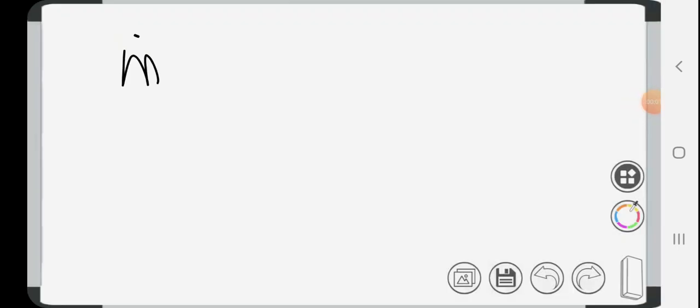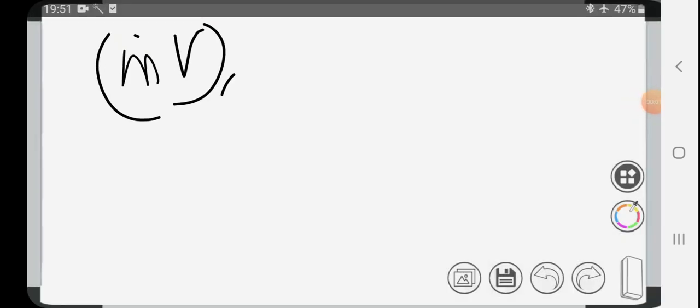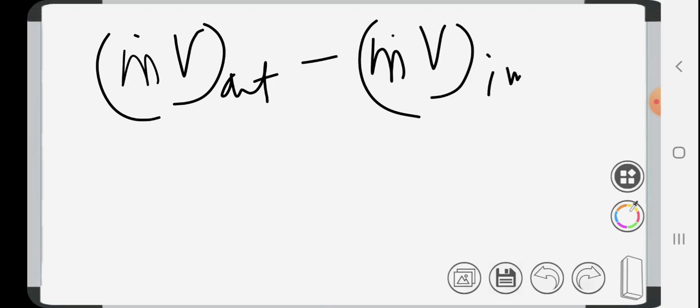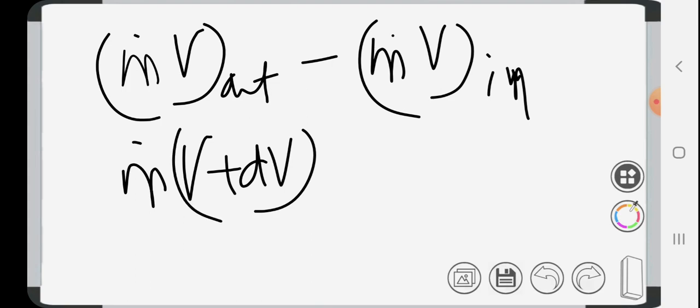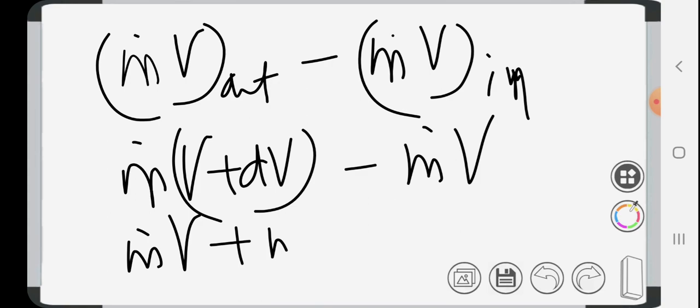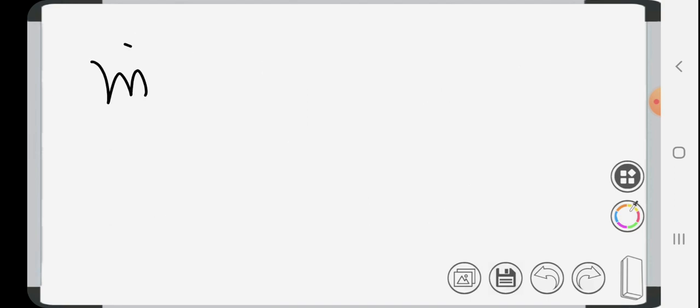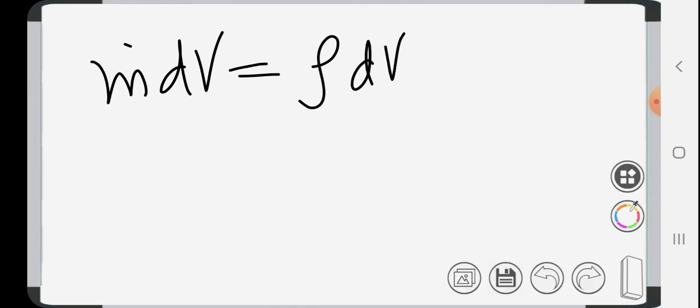So m v out minus m dot v in will be m dot v plus dv minus m dot v, which is m dot v plus m dot dv minus m dot v. So this and this get cancelled. Finally we will get m dot dv. Actually we have m dot means rho dv dA, right, into